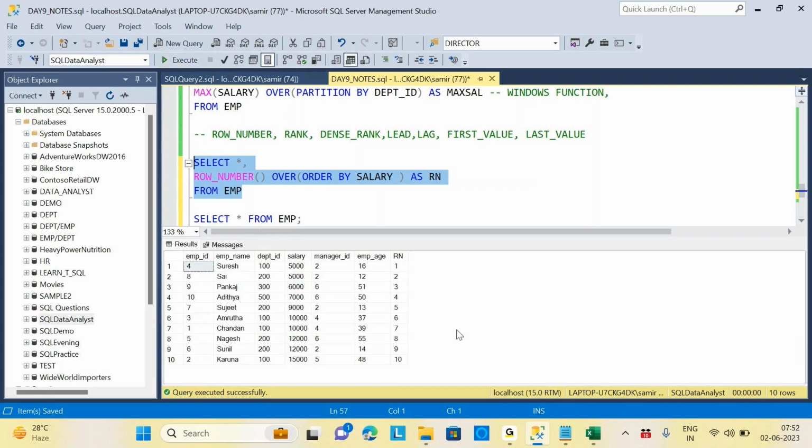Now if you see here, this is the RN number. It will continue 1, 2, 3, 4, 5, 6, 7, 8, 9, and 10. This is a row number, it is generated. And we can use this column for our requirement. We'll see that. But this is the row number. Now, if I do something like this,